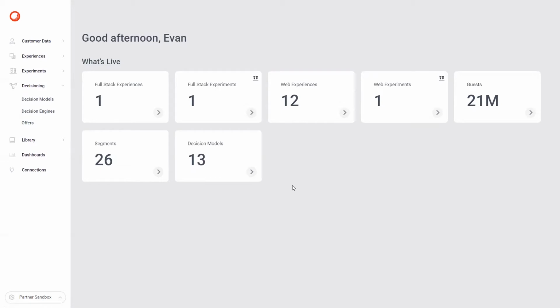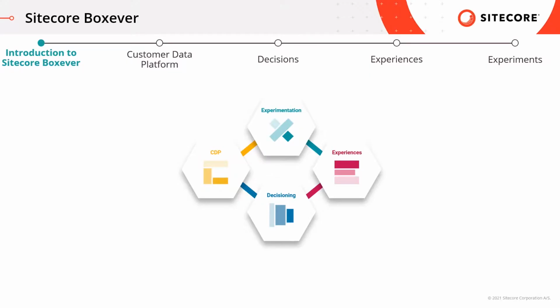And I'll be covering each of these capabilities during this video. Now, with these four components working together, business users can make smart, data-driven decisions delivered to their customers in real time across all their channels. Firstly, with the Customer Data Platform, interactions are consumed and enriched from all systems and touchpoints